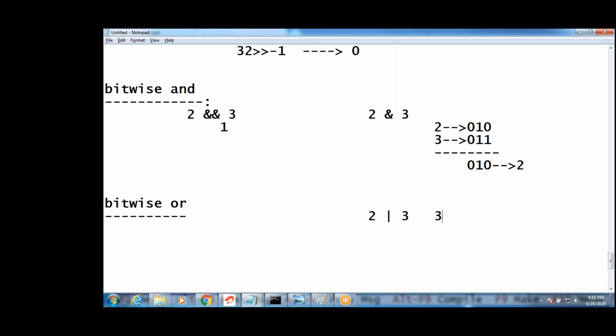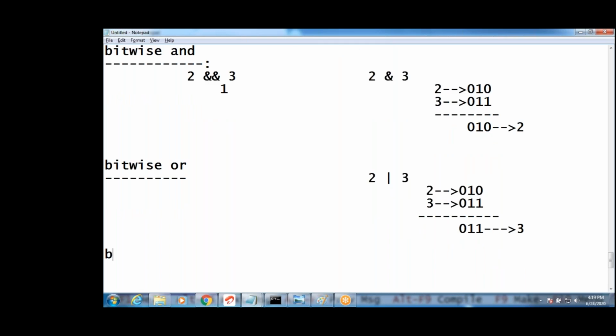For negative numbers also. What is a logical OR, guys? 2 or 3. It's a bitwise OR. How to do bitwise OR, guys? 2 binary value is 0 1 0, and 3 binary value is 0 1 1. If both are false, then it's false. 0 0 is false, 1 1 is true, 0 1 is 1. This is 3. Answer is 3. Binary values you should know. This is 0 1 0, it's a 2. 3 binary value is this. This is 2 or 3.